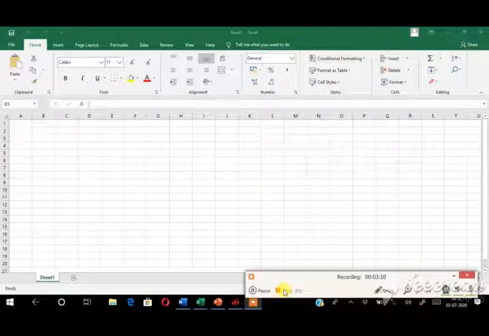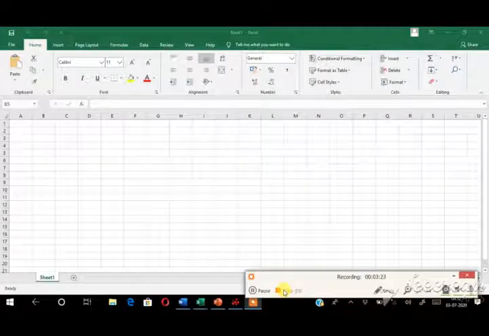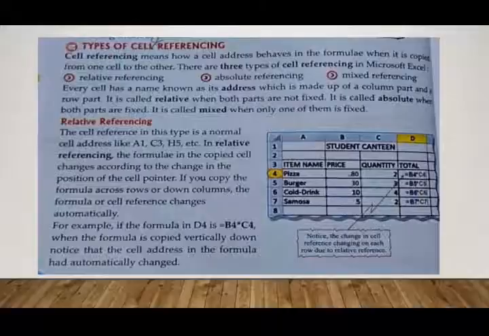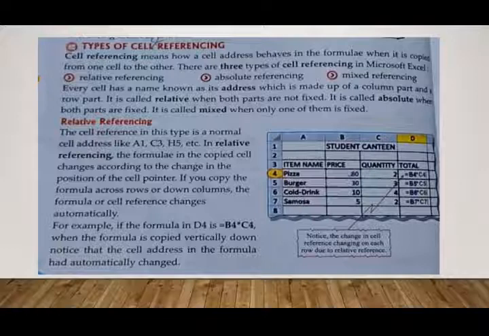Now I am going to explain the different types of cell referencing and the use of that one. What is meant by cell reference? A cell reference means how a cell address behaves in a formula when it is copied from one cell into another. I already explained that one.